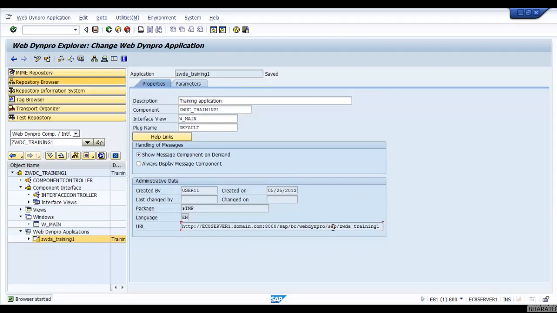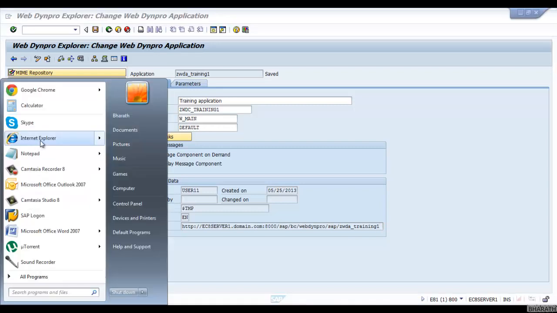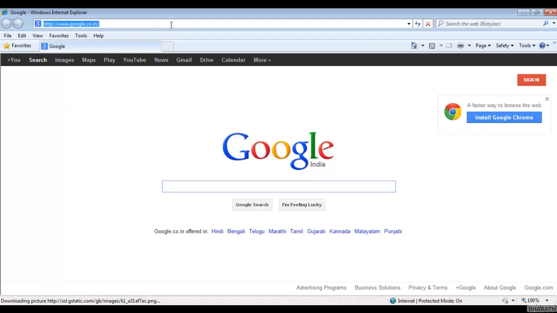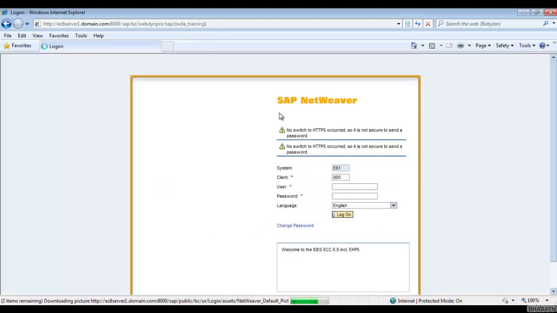I'll take this URL, Control C, and I will open the Internet Explorer, and now I paste this. Yes, it will ask for the logon.